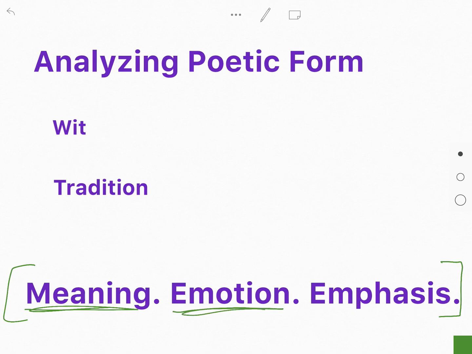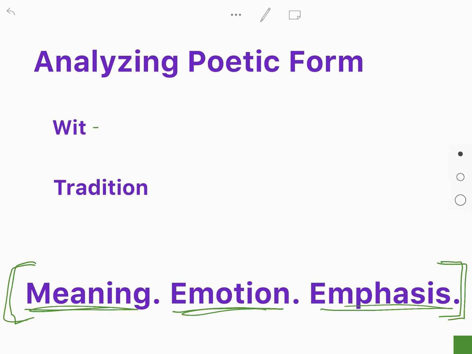To evoke emotion, for example, if a poet writes an elegy, it's definitely going to evoke more somber feelings generally, but you could do an analysis if a poet creates a humorous elegy as well, and that would be an analysis of the emotion that it evokes. And then emphasis, you could talk about how a haiku being so short, there is emphasis on a very targeted item. So those are all still applicable here when we're talking analysis of poetic form, but there's also two more,